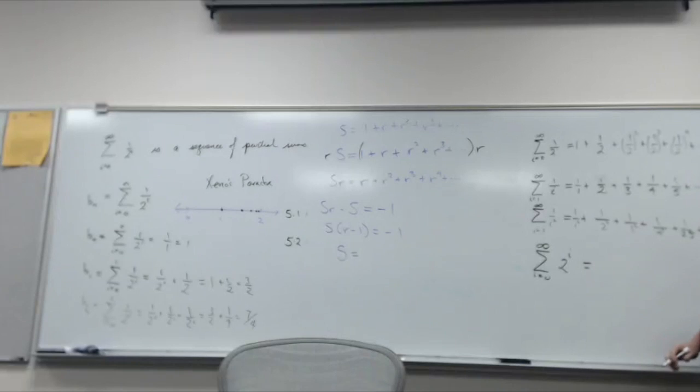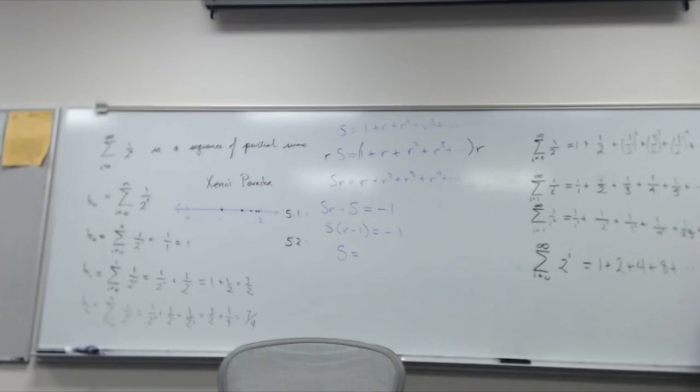When, like 15 minutes ago or so, I started writing 1 plus 2 plus 4 plus 8, right? Notice that this is also a geometric series. Each term is 2 multiplied by the previous term. So 2 times 1 is 2, 2 times 2 is 4, 2 times 4 is 8. This is also a geometric series, but it doesn't converge, in other words. So I'm doing this work to show what the formula is, but this formula you have to